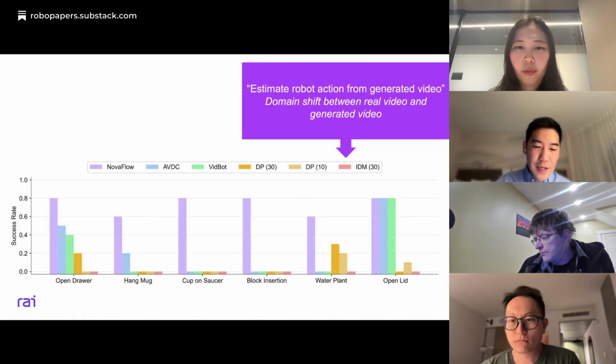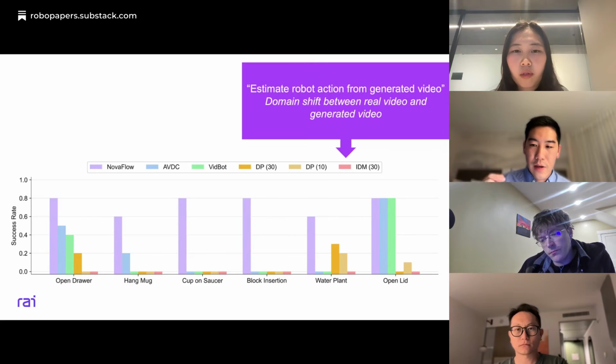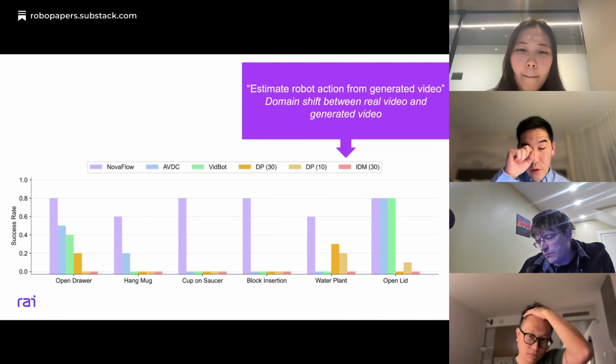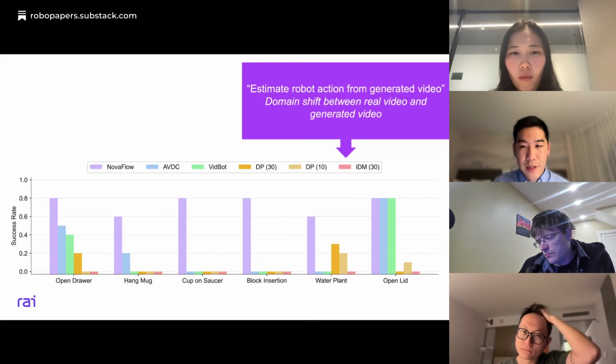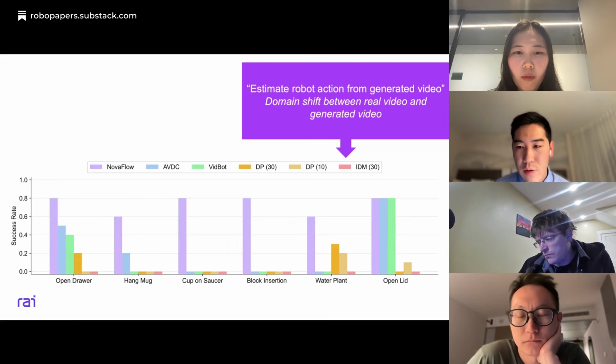That creates a domain gap because the video model and the IDM have different sets of training data. So there is a domain gap between the real video which the IDM is seeing and the generated video, which is from a one or Google video.